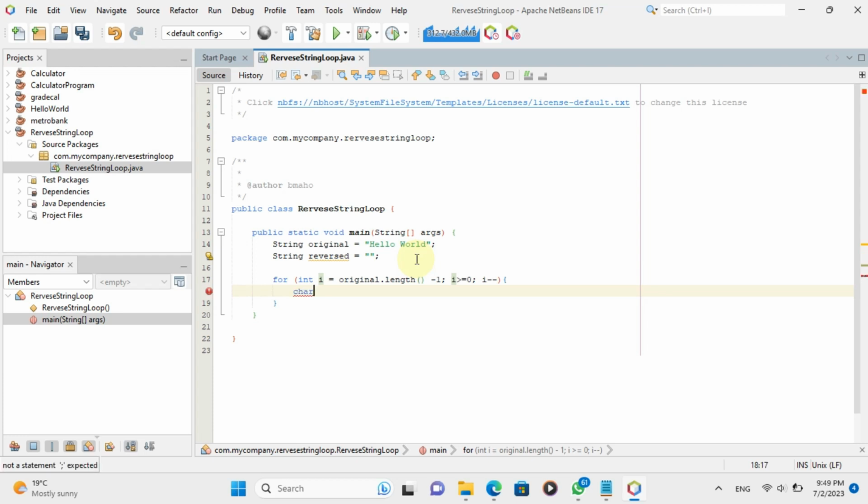Get the character at the current index. Append it to the reversed string.